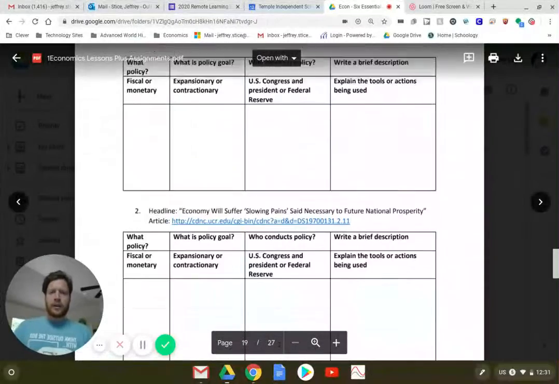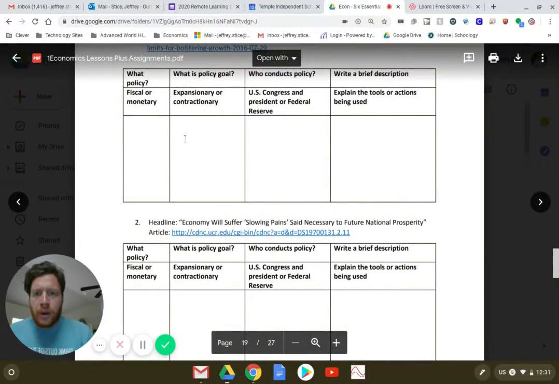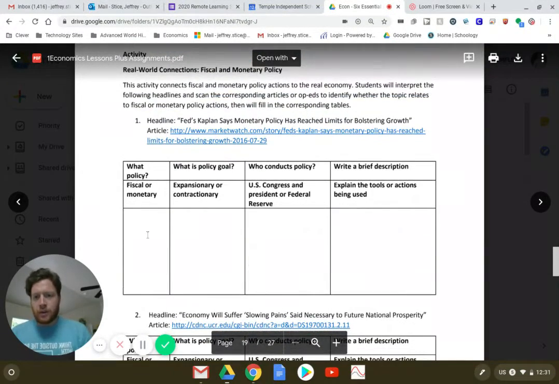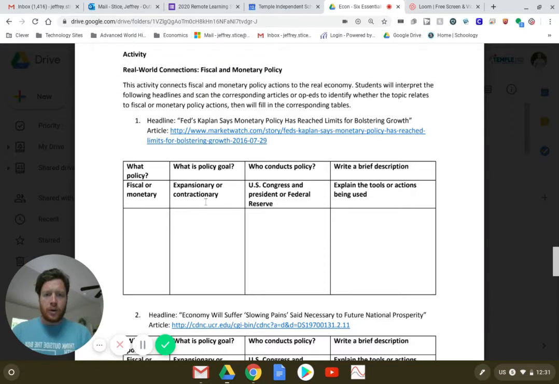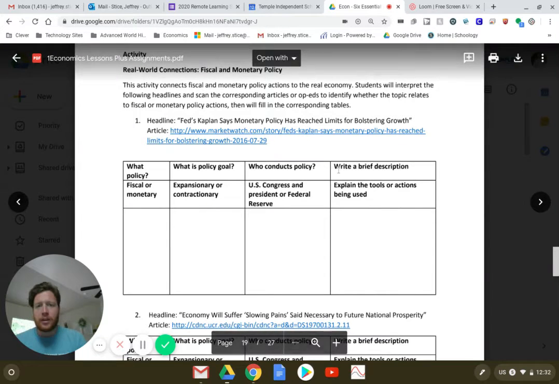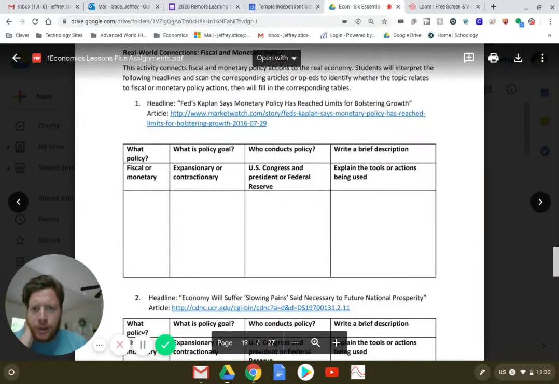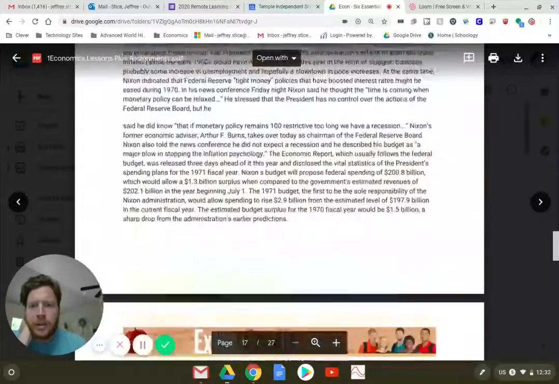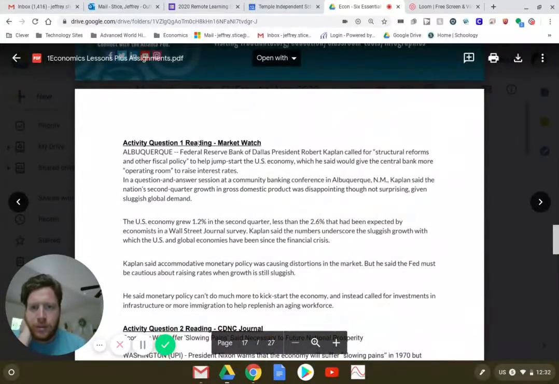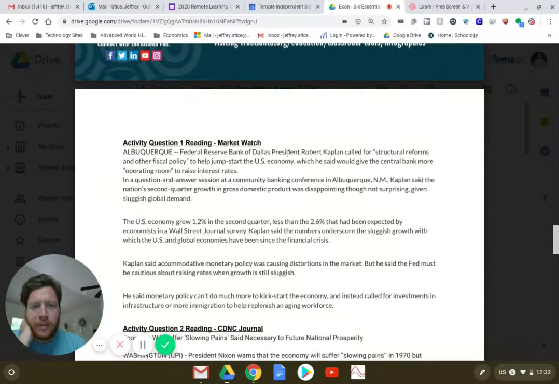And then you would go ahead and answer, like, what is it, a fiscal or monetary policy? What's the goal of the policy? Who conducts the policy? And write a brief description of the tools being used to counteract whatever's happening in that article. Okay. So, for example, on the first article,